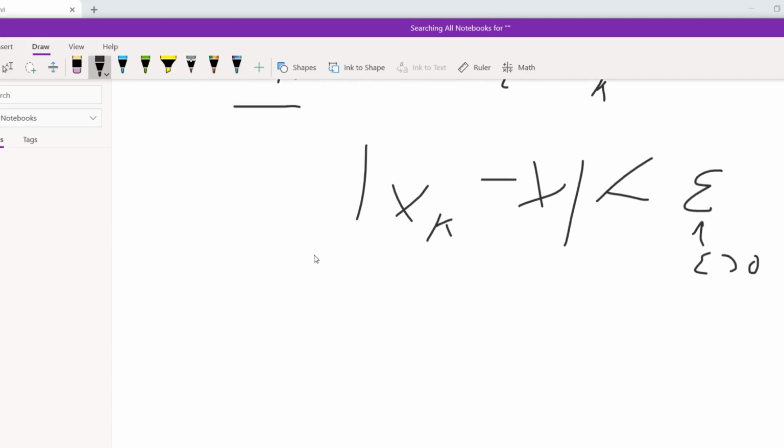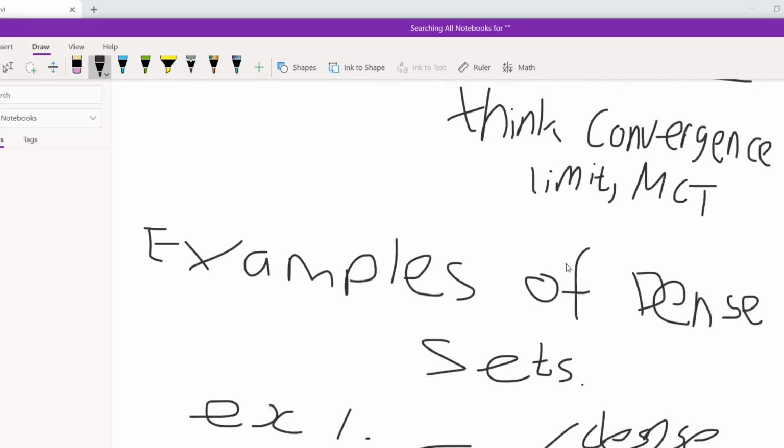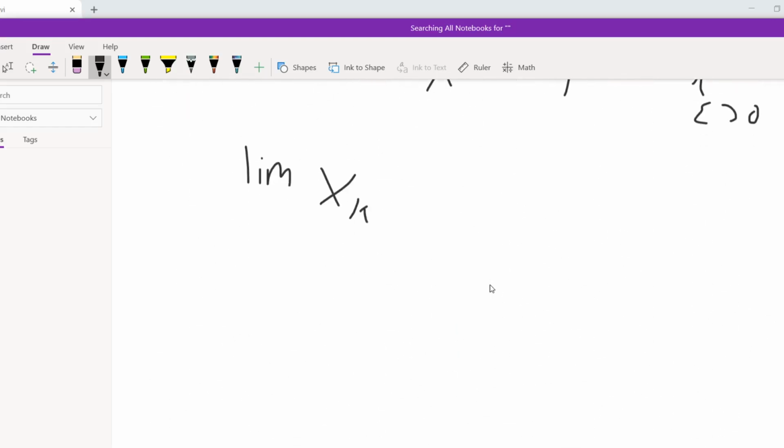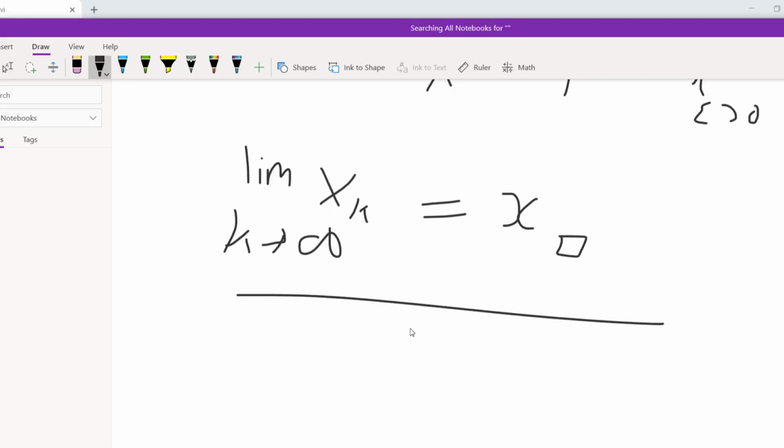So then now we write limit, because like I said before, when you see this notation, think convergence, limit, MCT. I said that in the previous upload, so if you need a refresher, please check that one out. And then k going to infinity, xk. And this was the criteria to show